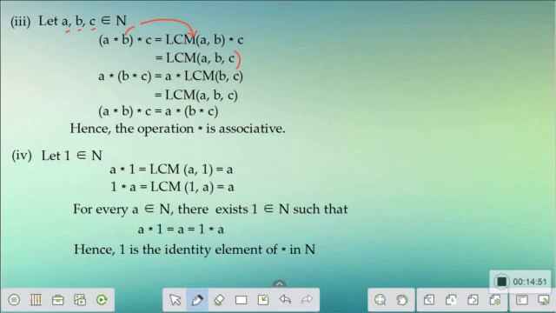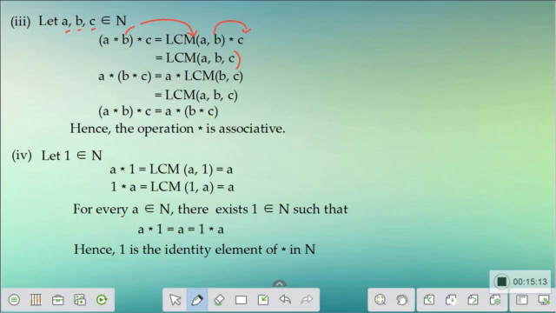So when you consider LCM of two elements and then you are operating that, you are taking that number and finding the LCM with the other number, which means the LCM of all the three numbers. So that's what we are putting. We are not evaluating anything, because without knowing the values of A or B, I cannot define an LCM here.